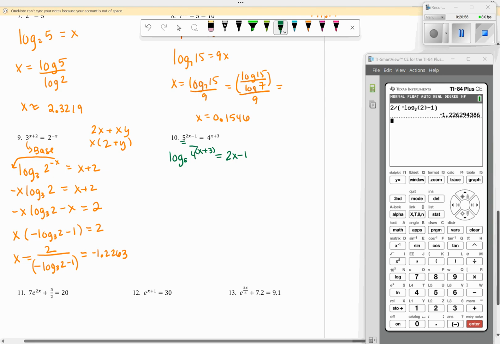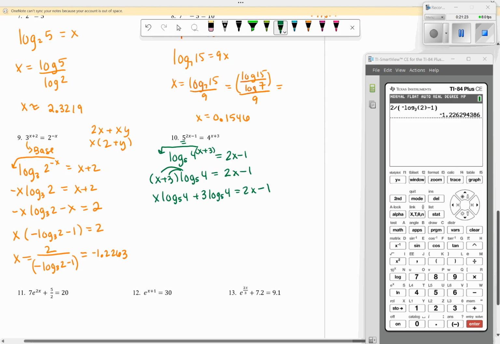So you have to take this and, of course, bring it down in front, because that's the power property we're trying to solve for x. We don't want it as an exponent, especially inside the argument of log. So x plus 3 times the log base 5 of 4 is equal to 2x minus 1. Then the next step would be to distribute this log base 5 of 4. So this becomes x log base 5 of 4 plus 3 times the log base 5 of 4 is equal